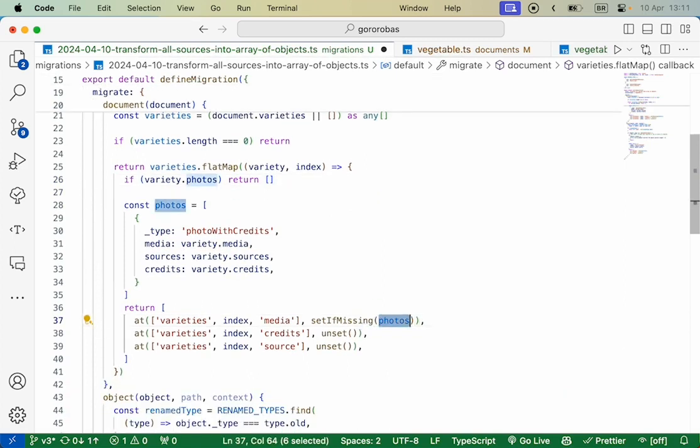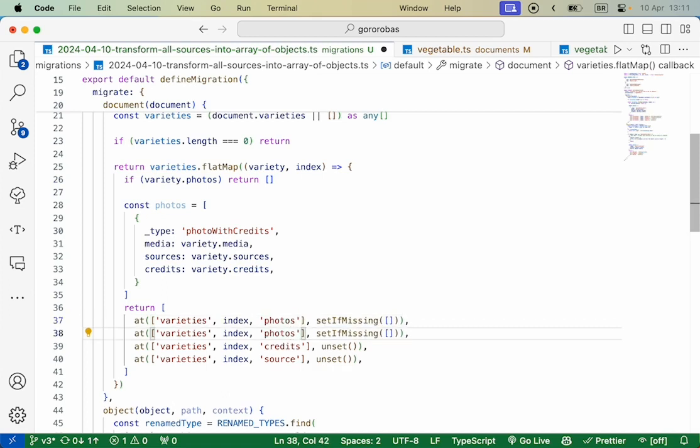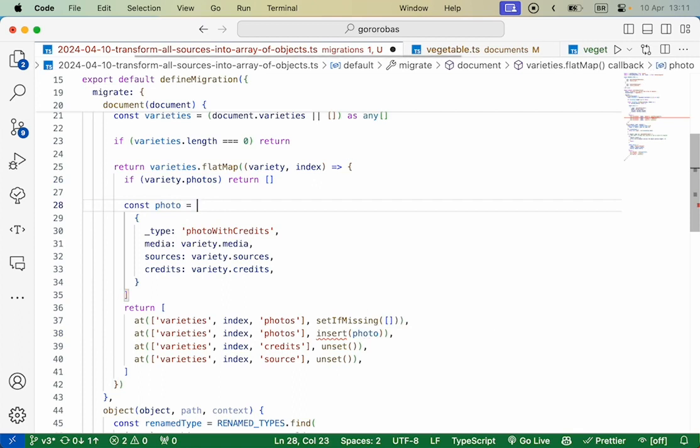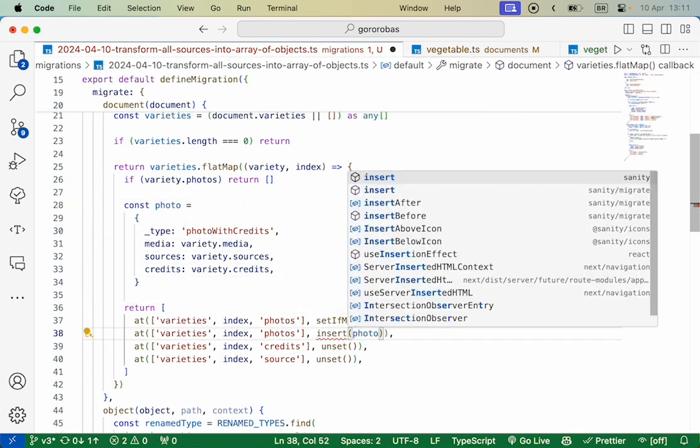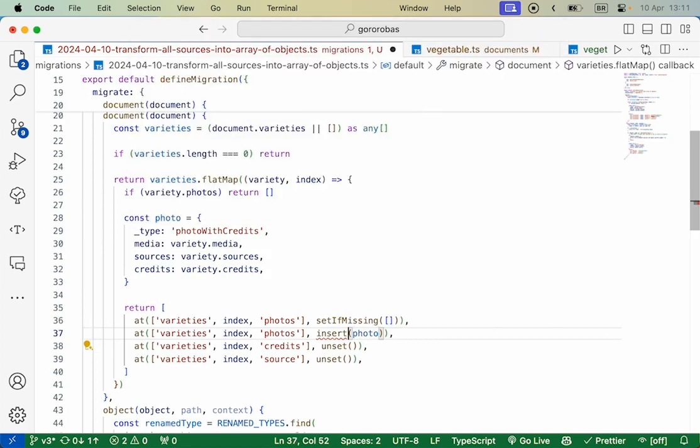So otherwise, I'll just say for the photos array, let's set if missing, and then we'll just say insert there photo. Then I can just say photo insert, now need to be imported from sanity migrate.